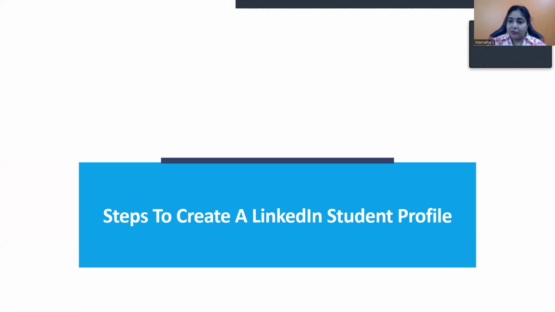Okay, I know I have to look at the features and then add to the features. So how do I do it? When I look at it, it's so complex, so much information has been filled in. So how do I make it very simple? I'm going to make it simple by following steps. Steps to create a LinkedIn profile for students, who are graduates or postgraduates or PhD students. It can be anybody who is doing their internship. It can be anyone. Everyone is a student, isn't it? They keep learning, so they are students. So typically for graduates and undergraduates,